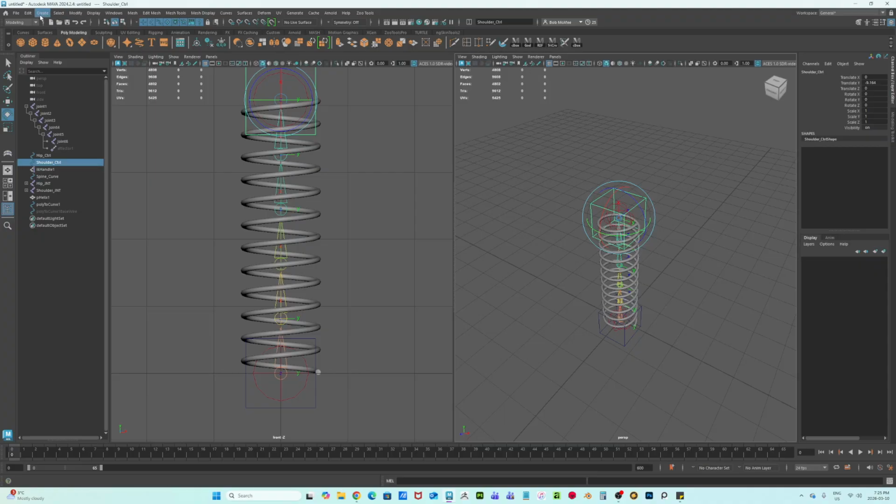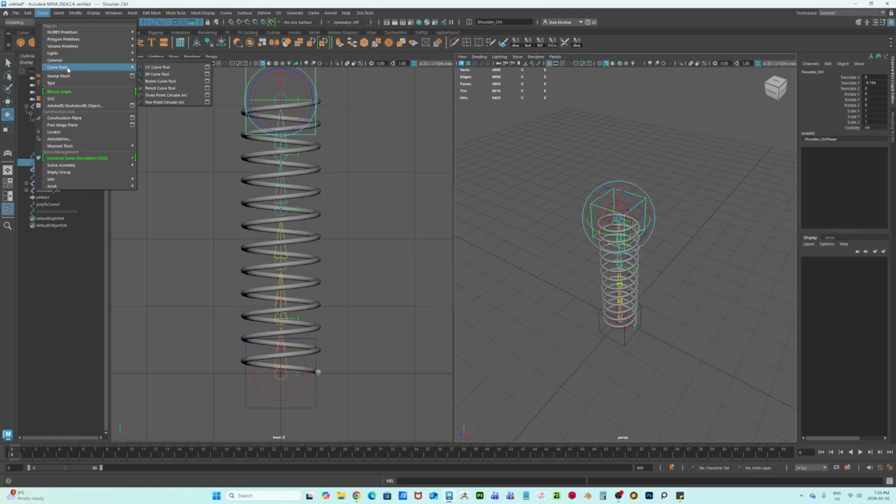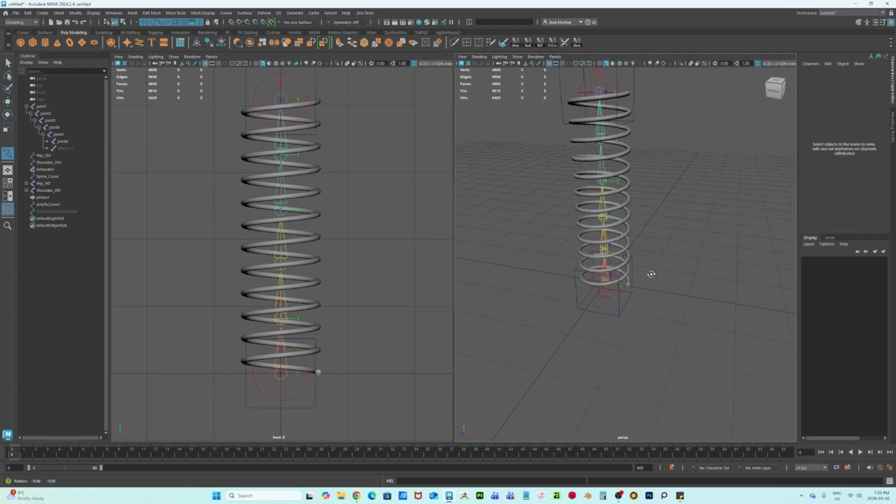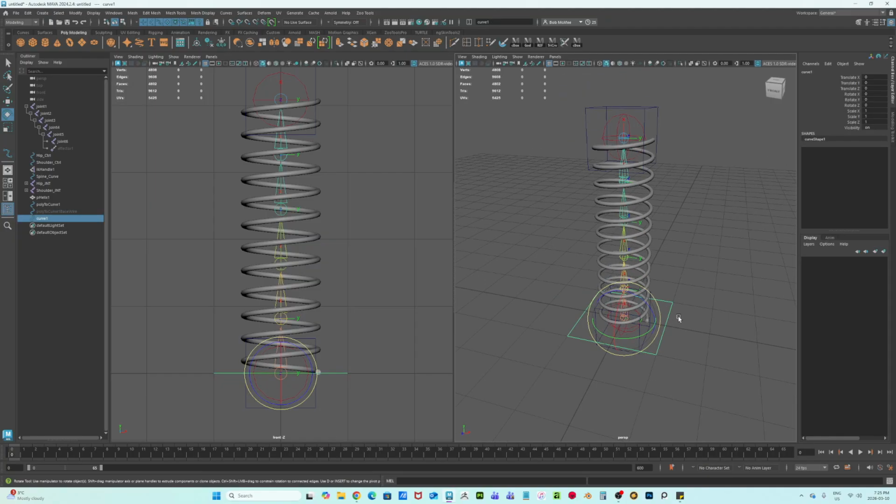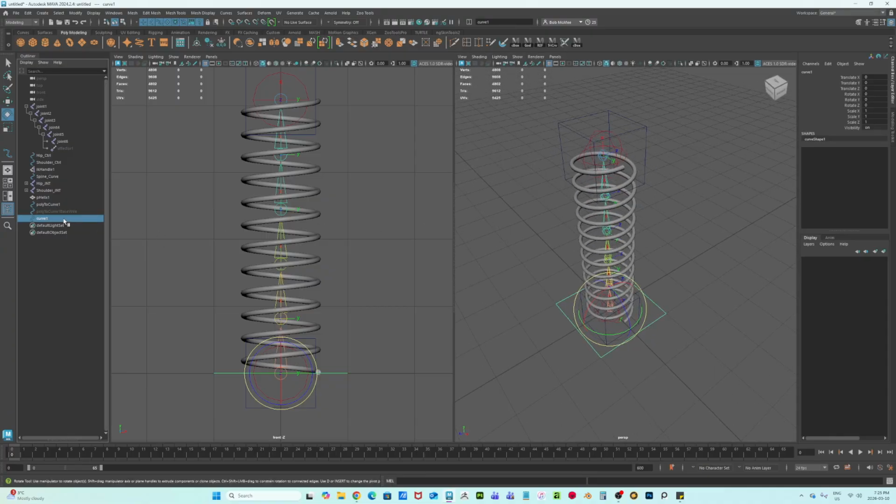Now let's go over here and I'll quickly go to the Create CV Curve tool. And maybe this time around, let's use the EP Curve tool and I'll make a good square. I'm going to hold down X and click, click, click, click, click. Hit Enter. Done. And that can be my master control or my God control. Underscore,